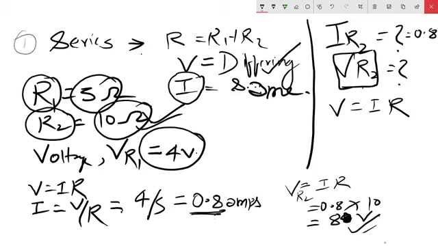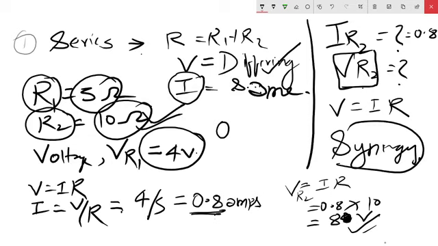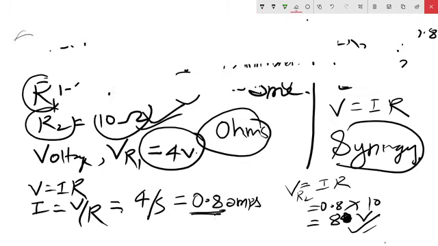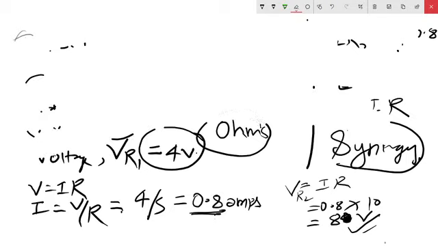In synergy, they only ask this type of question. This is a very basic question, and they will ask you on Ohm's law only. Next we will go for the next question. Actually, the reason I am giving some of the toughest questions is so that you can clear your concepts in this free time. But in synergy they will ask you very basic questions.